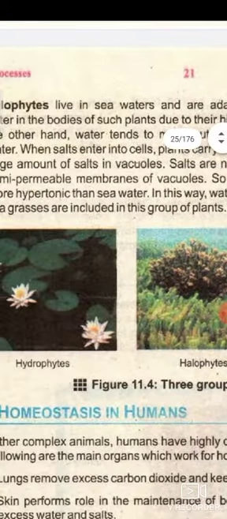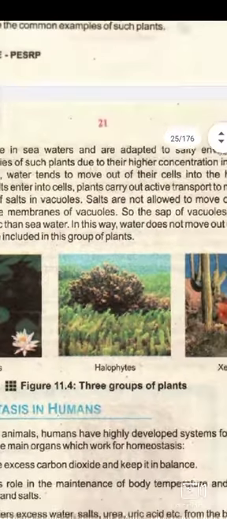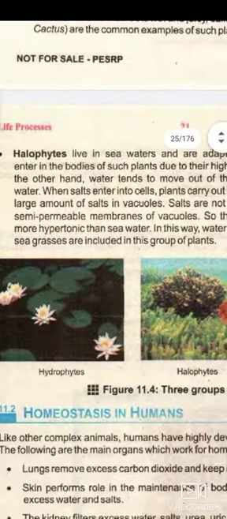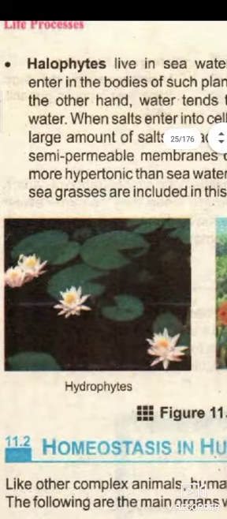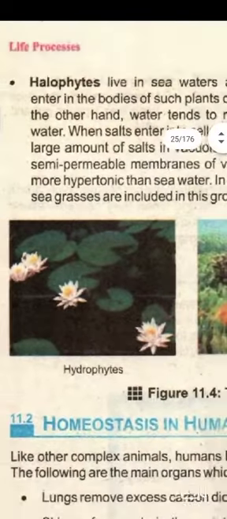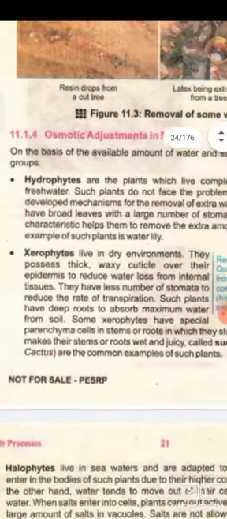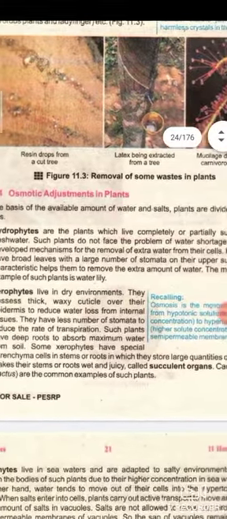So beta, there are three types you have to keep in mind: the hydrophyte, halophyte and the xerophyte. The hydrophytes are those plants which live in fresh water. Now the question is, beta, how are they able to adjust their osmotic level, how are they able to remove the excessive amount of water to live a normal life? For that, what kind of adjustment the hydrophyte used to do, we are going to discuss in this session. Basically, beta, hydrophytes are those plants which live completely or partially submerged in